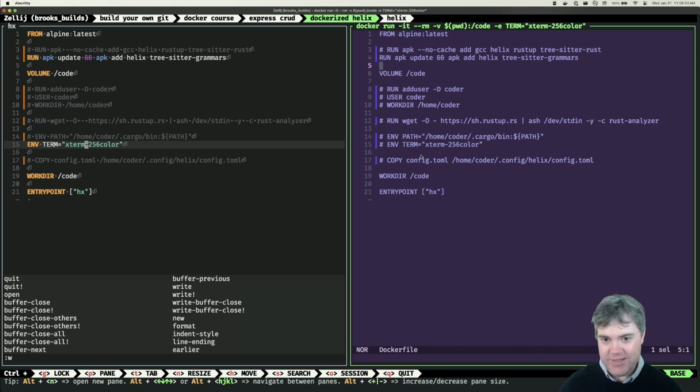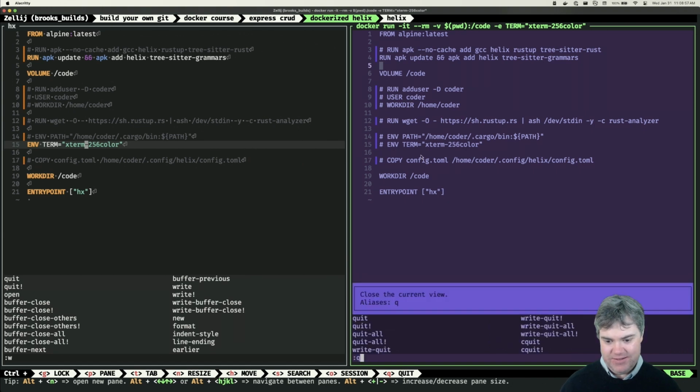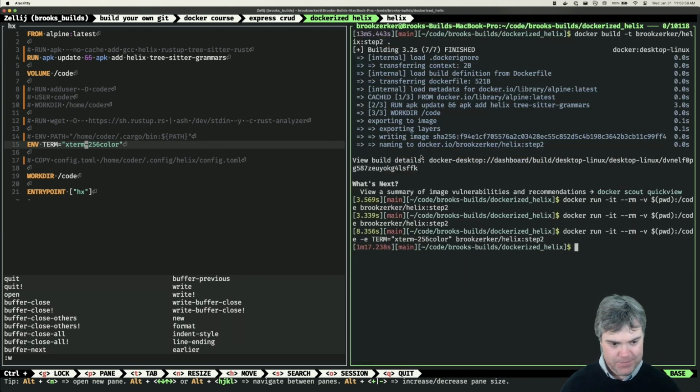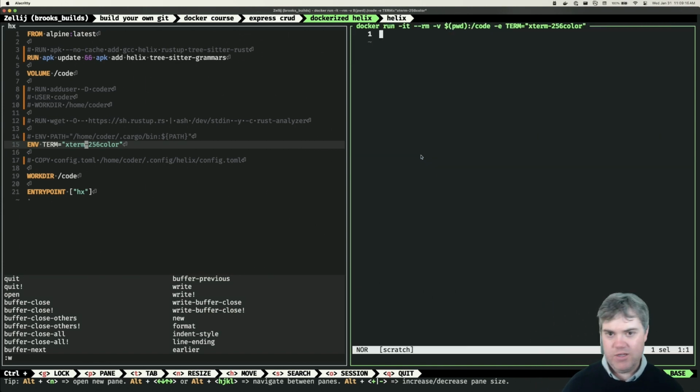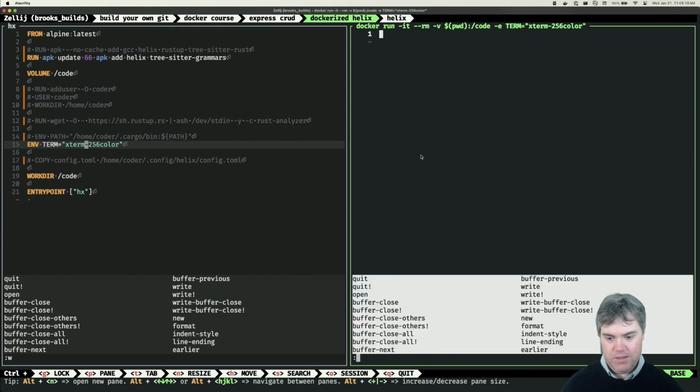Oh, you know what we can do? We can copy in the config. Oh, but yeah, we could copy. Okay, so hold on. Let's do this again. We have TERM xterm-256color. Okay, that should be fine there. And then I want to, let's